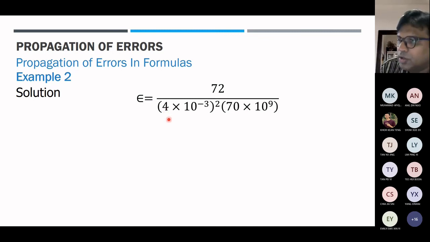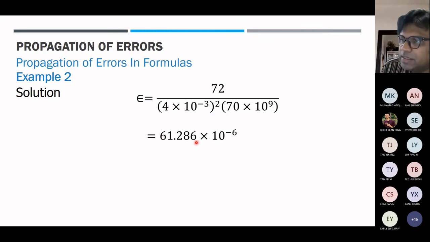The millimeter is 10 to the power of minus 3. I think you may know this is the conversion from millimeter to the international standard, so just add that. And the gigapascal, as you know, giga is 10 to the power of 9, so you just add that for gigapascal. So you get the solution, which is